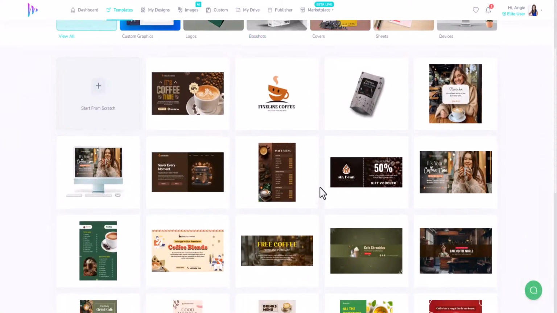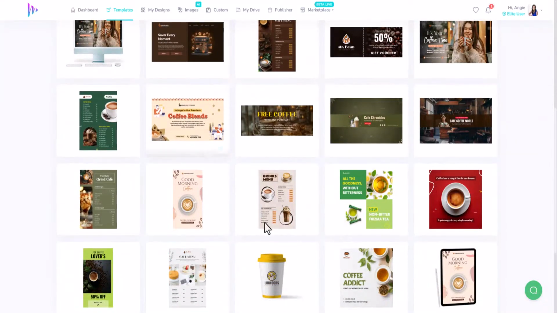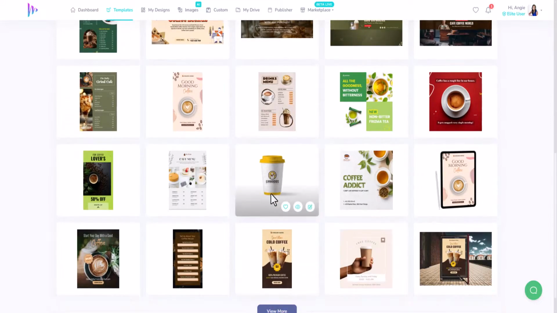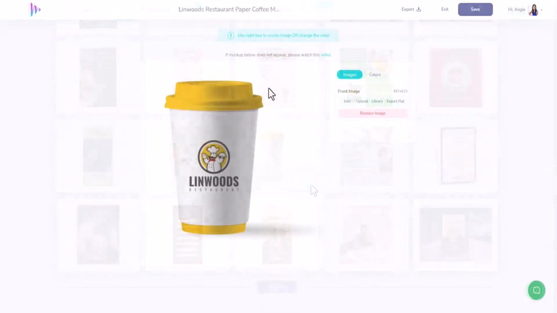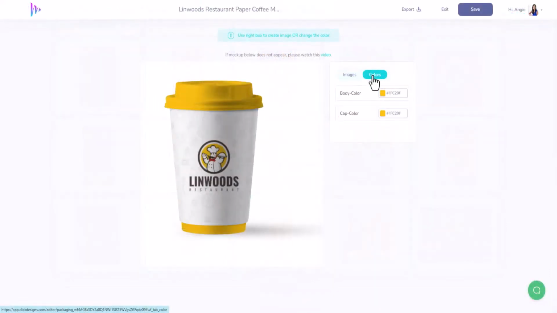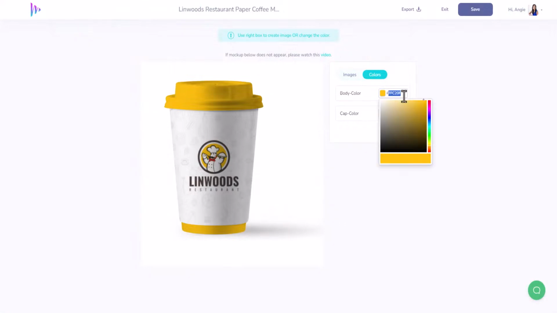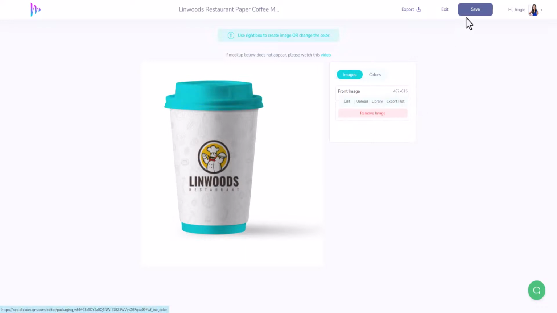And like with coffee, there's a lot of coffee places, right? And you can make mock-ups here. That looks pretty cool. You can make menus, coffee cups. So if we wanted to, we could click on this and then change out the colors to my brand colors. So 1260F. Did that work? Oh yeah, that looks pretty good. That would be a cool looking cup if you ask me. And then click on images, click on save,